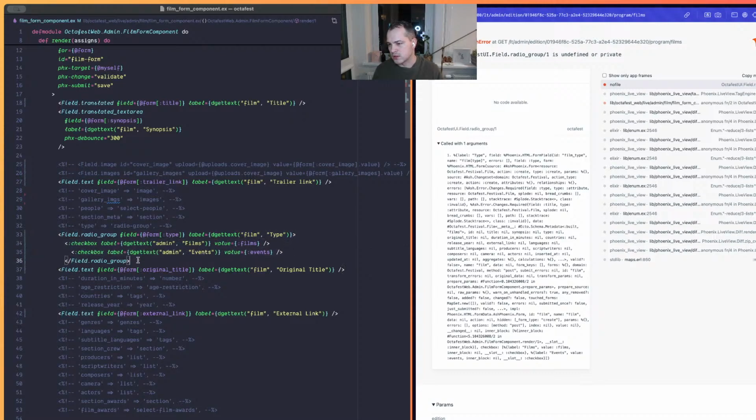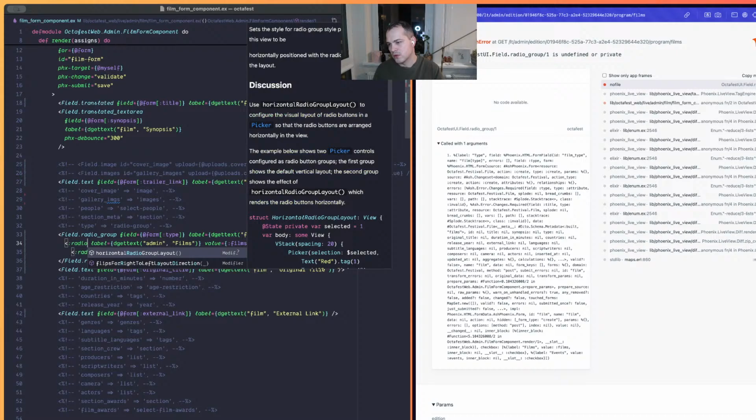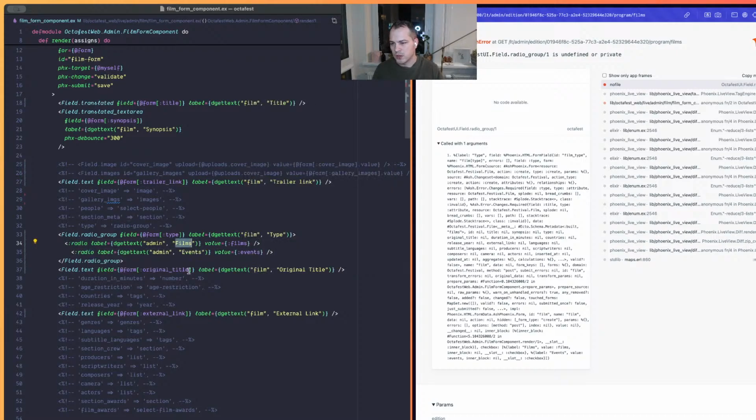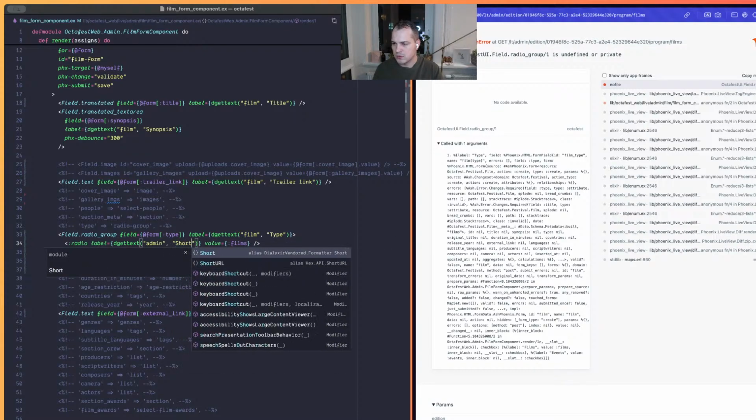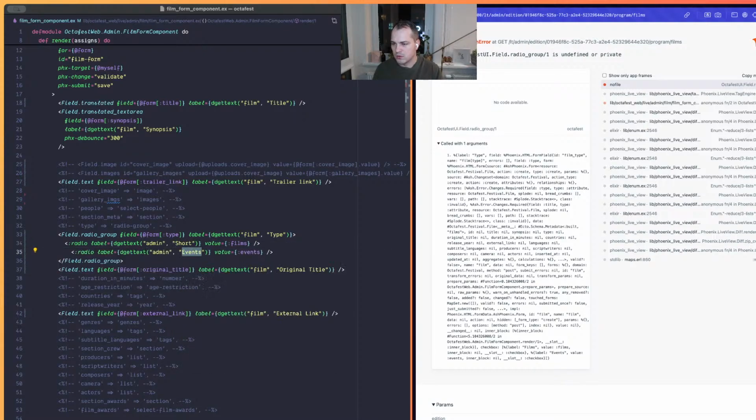Oh, because it just doesn't have it. So it's just failing at the moment. So it's checkbox. This will be radio. And this will be, I think, port or feature. And this will be feature or